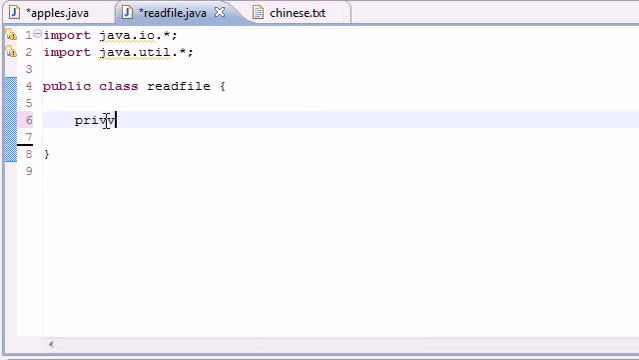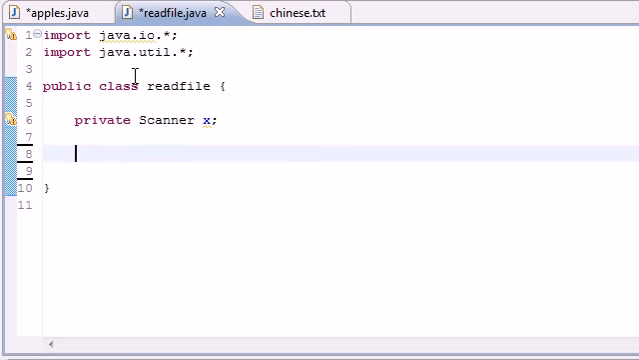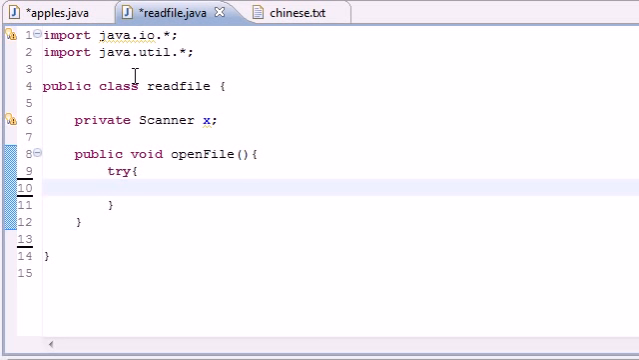So let's first make a private scanner variable. I'm going to name mine scanner X, and I'm going to move that cursor out of the way. And now let's just make a method to open the file first. So public void openFile, and let's put a try to open the file. So we're going to set X, and again here's where we're going to put new Scanner. And instead of putting System.in here, which would be the keyboard, just put new File and put that